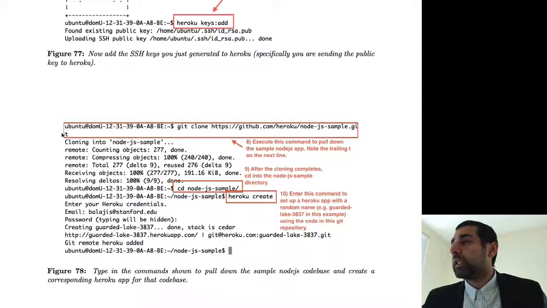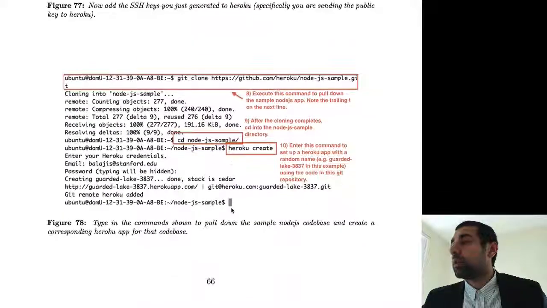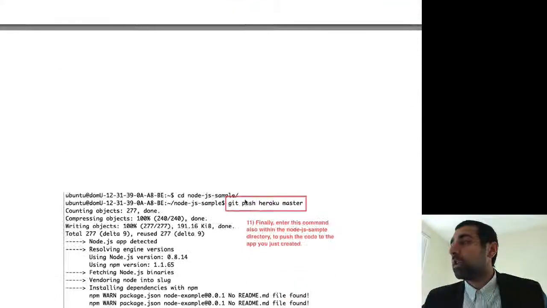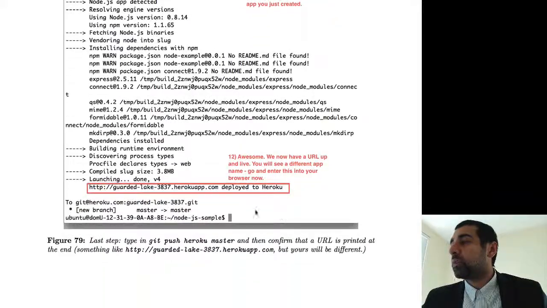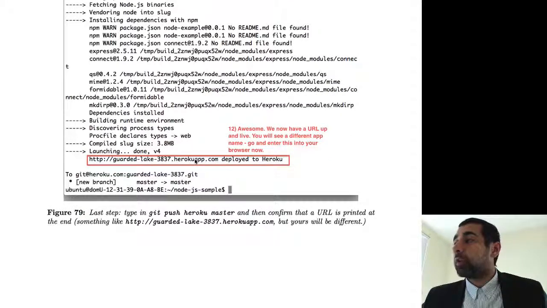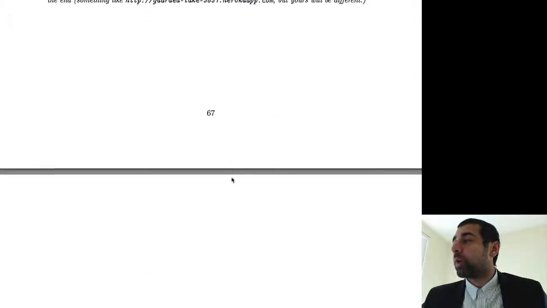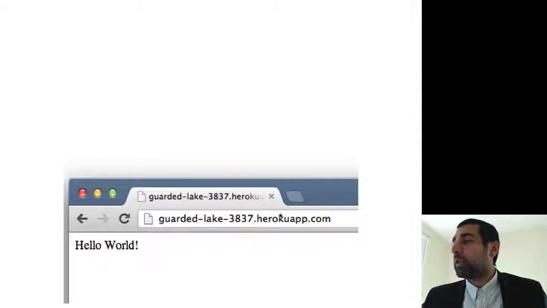Note the trailing T over here. You're going to cd into that directory, do heroku create, and then finally do git push heroku master. And at the end, there's going to be something that looks like this. It's not going to be this exact name, but it's going to be something like this, herokuapp.com. And if all goes well, then you can go to a browser, you can type in that name, and you